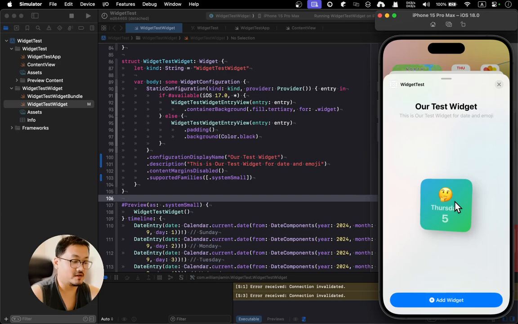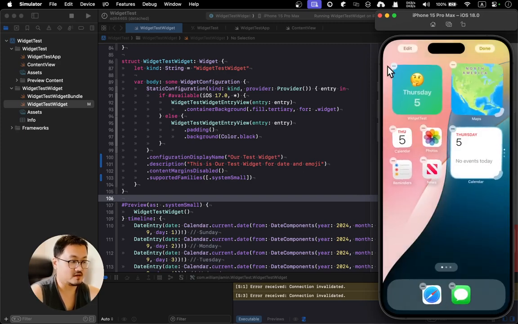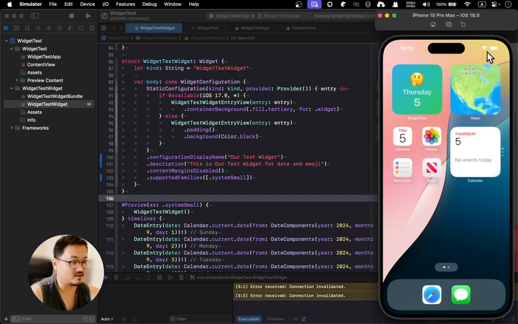The only thing that the user can choose is this one, and click add widget, and it will just get you a nice small widget. Okay, really nice. And click done, it will stick here with the customized gradient and amazing emoji, workday